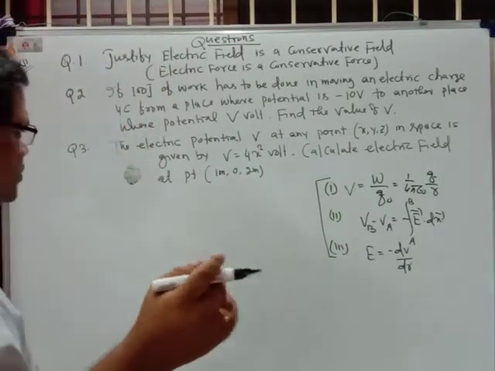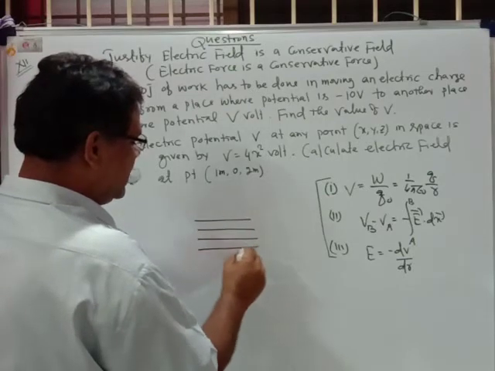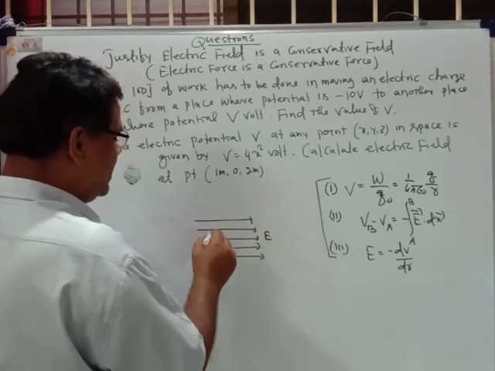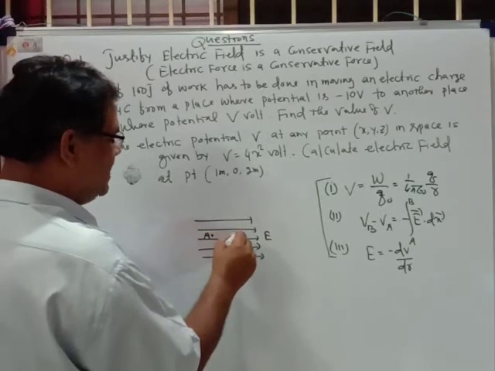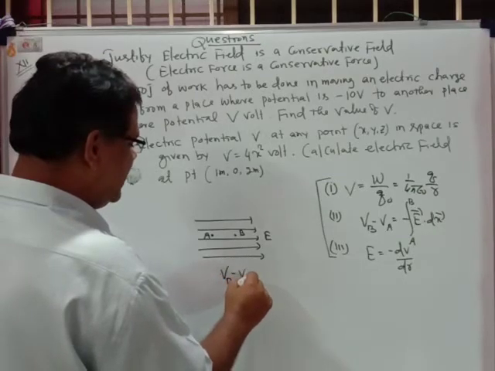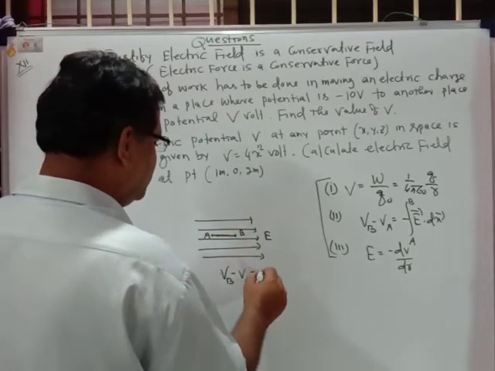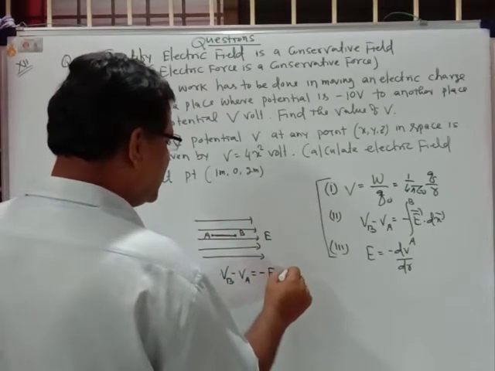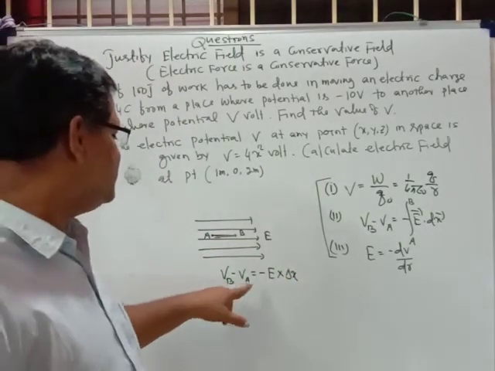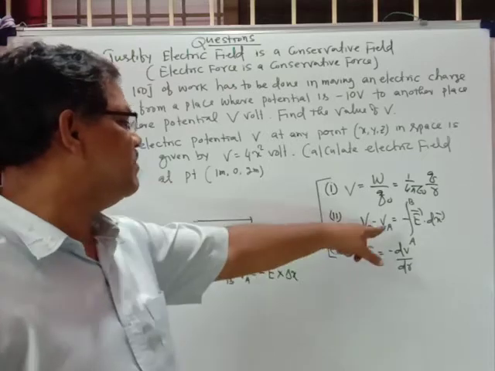First of all, I would like to discuss this one more. Suppose electric field intensity is like that. This is the E. If I want to find out, this is the point A and this is the point B. So what will be the formula for VB minus VA? If the distance is like that, VB minus VA will be minus E into delta x. If the distance is x, VB minus VA is equal to minus E into delta x. Same formula we are using.